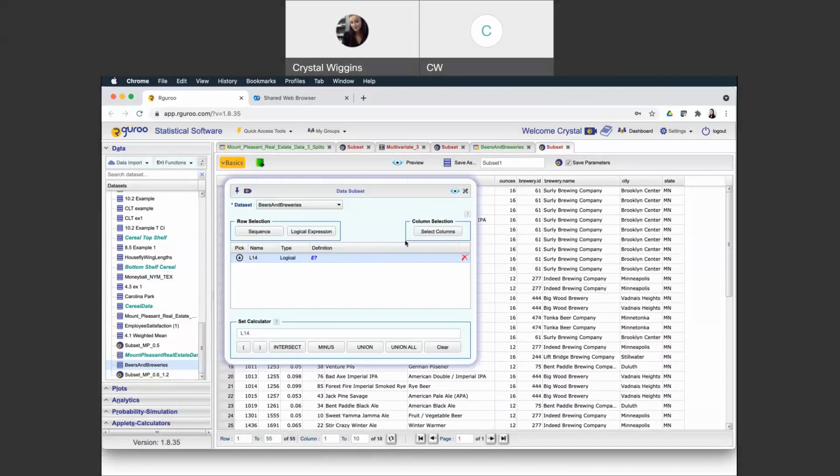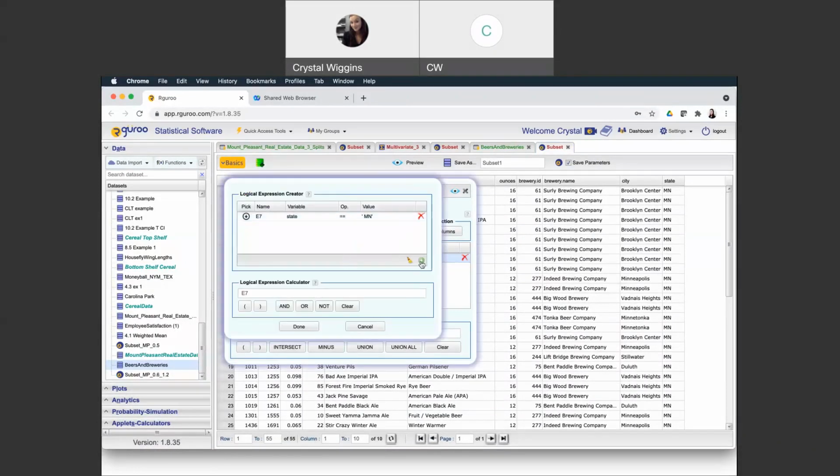So troubleshooting is a great way to learn. I am not against making mistakes on these videos because it's actually better that you see how I would troubleshoot. If I thought I was supposed to do the logical expression one way and it didn't work out, how can we troubleshoot to try to fix it? So I'm guessing that it's supposed to be an or statement, which makes a lot of sense because and means that it has to be a brewery in Minnesota and Connecticut, which is why it's telling me that the subset